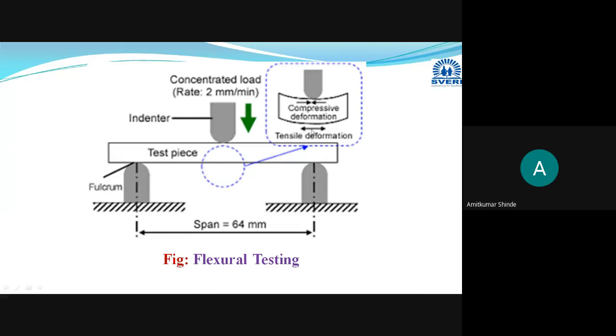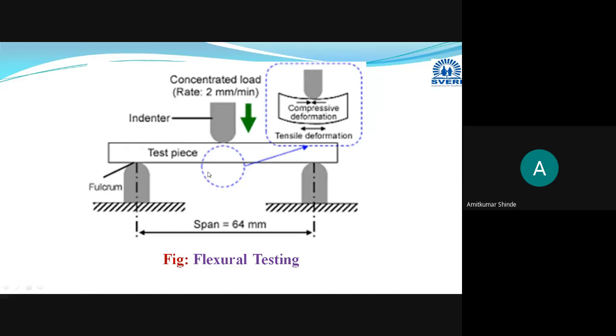It will get pulled from both ends. Due to that, tensile deformation will occur and a crack will be formed at the outer fiber, and the maximum stress carried by that plastic material before that crack occurs will be termed as